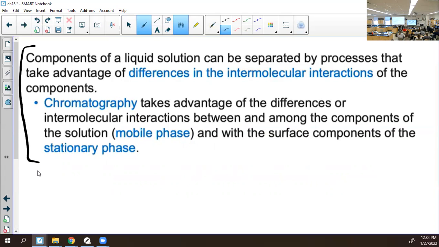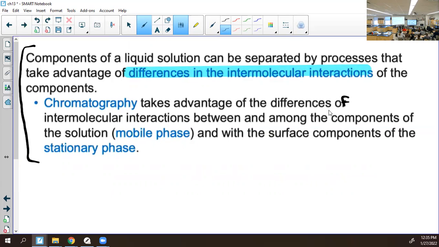Components of a liquid solution can be separated by processes that take advantage of differences in the intermolecular attractions of the components. So you can see why we teach this after we teach this. Chromatography takes advantage of the difference of